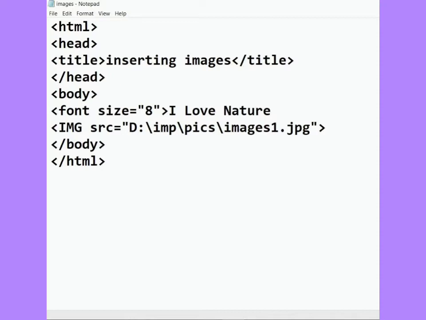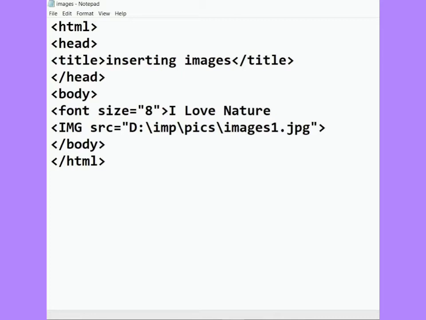After that, the head tag is closed and the body tag is started. Students, here in the body tag, I have written I love nature and also used font size equal to 8. Now the important part is the image source.